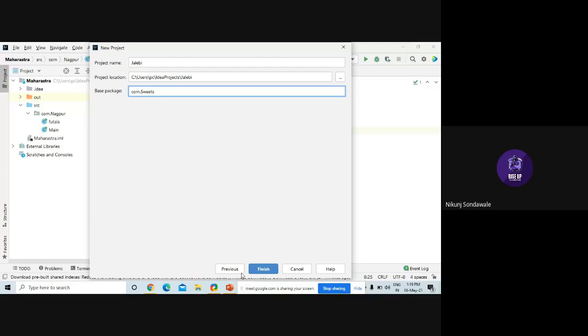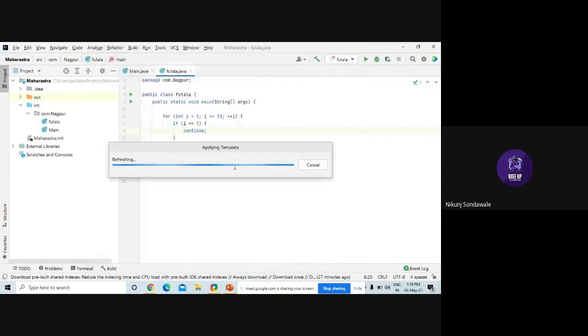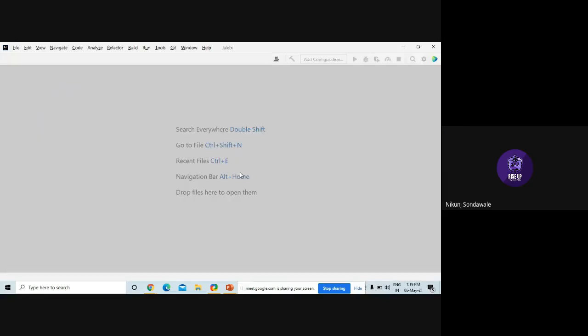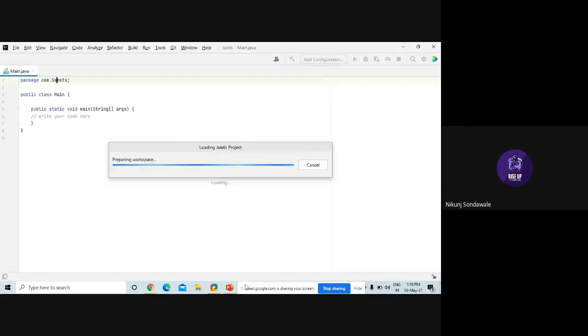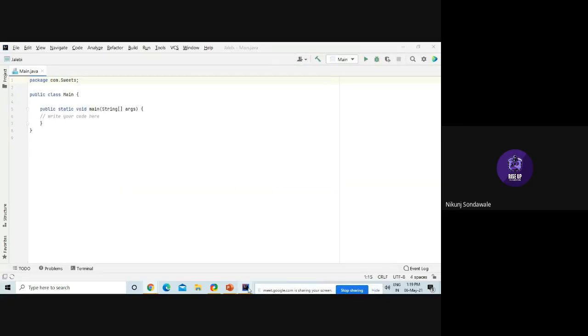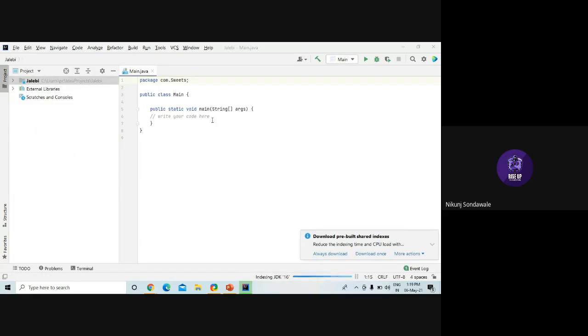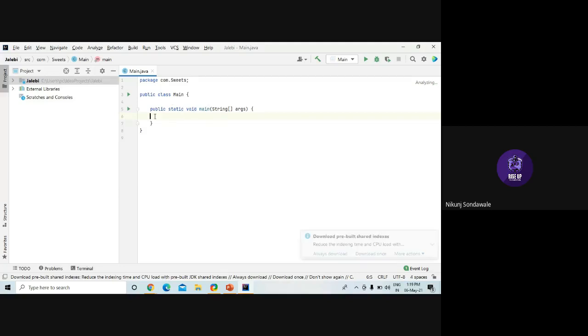So here we named our project and our package file.